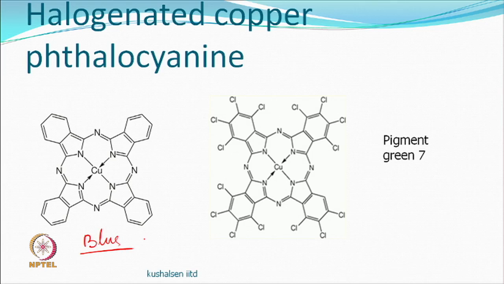But if you add chlorine all over, look how many chlorines have been added. So, only at one portion it appears there is no chlorine, everywhere there is chlorine. Unless somebody says you can't use chlorine compounds because they are not environmentally friendly, so you may not use it, but it gives green, from blue to green. A similar compound, just a change, and a beautiful green it gives.